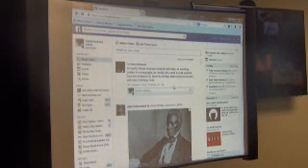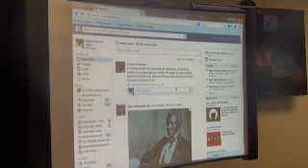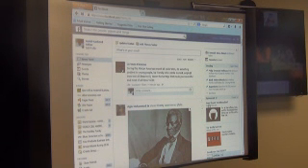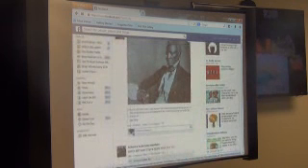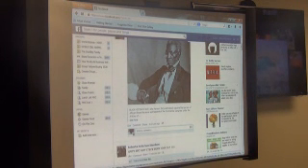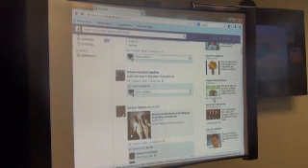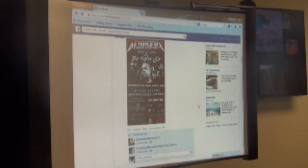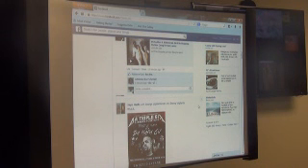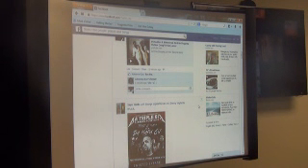Now, you asked about ads, right? Look over to the right. See where it says sponsored? See right here where it says sponsored? These are all ads. Now, sometimes some of these ads may not be ads that I agree with. Okay? And Facebook has tried to do a little better job because there are ads that come up